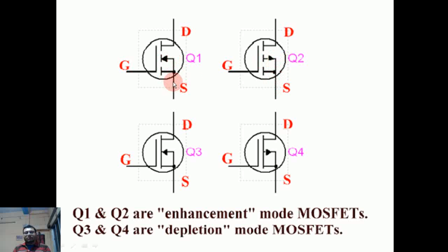So the body and source are the common terminal for these four types of MOSFETs, and they are made one. Body and source are added together and made into one source terminal. So in this way we can identify the MOSFETs, which are the type and symbolic representation of the MOSFET. Now see,